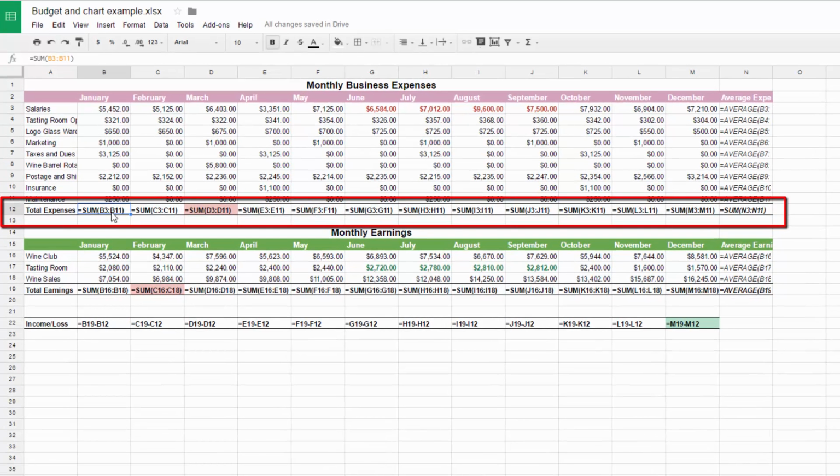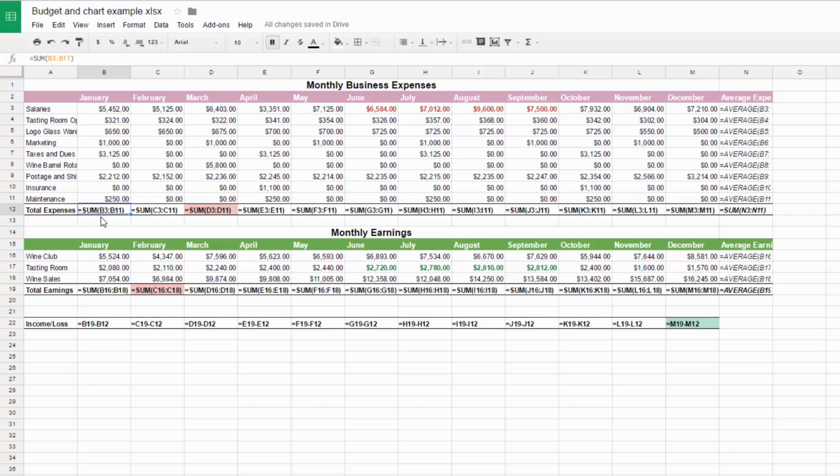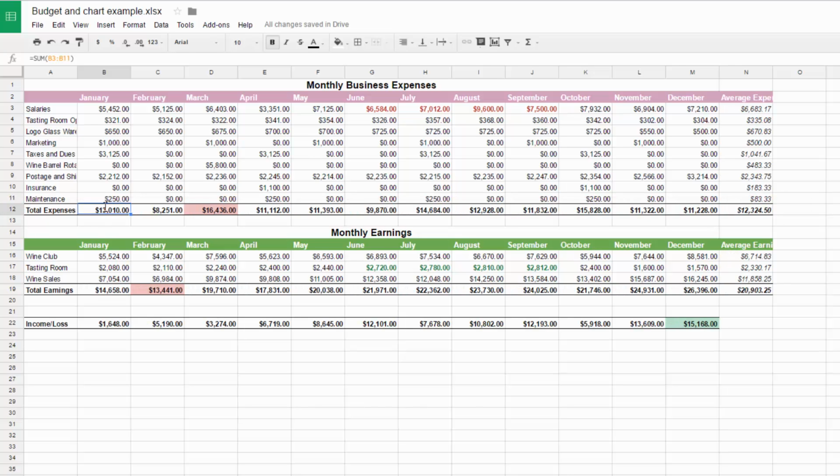So those are equal sum. Then you notice in row 19 that's the same. And if I double click on a formula, it shows me the cells above the formula that the formula is